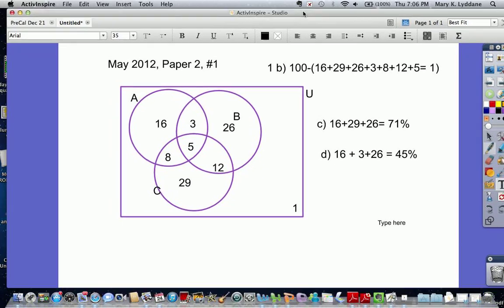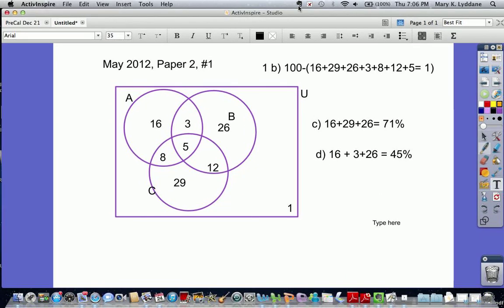Right, so this is the May 2012 paper 2 problem number 1, and